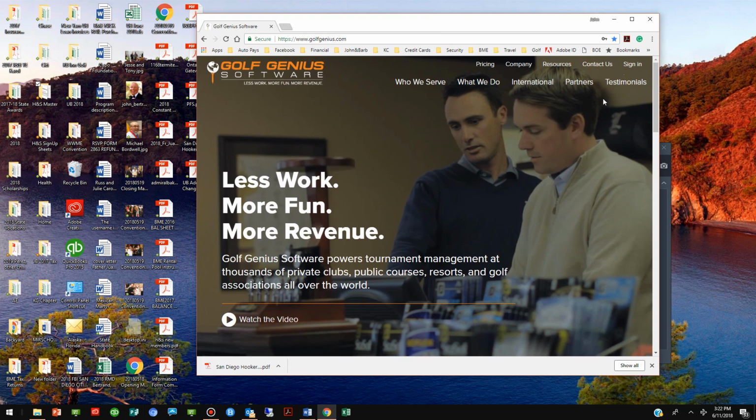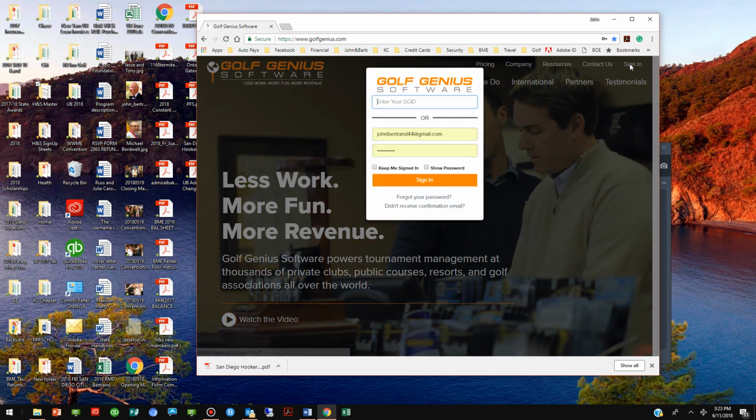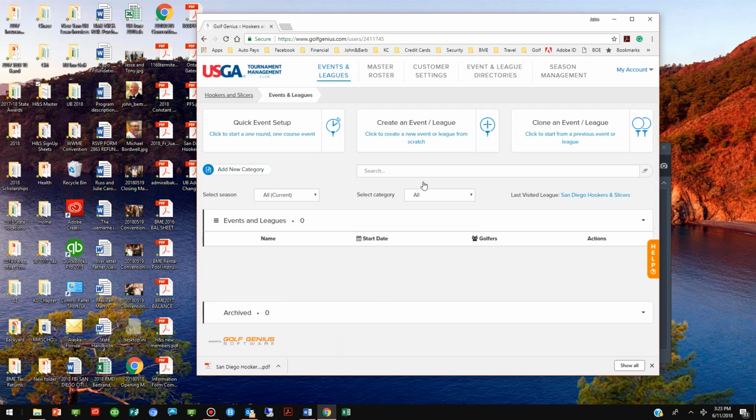www.golfgenius.com and you sign in. Click on the right side. I already have my password set up, so I'll just sign in. If you don't have a password, you need to do that. I need to get to the tournament. I go over to the left side,